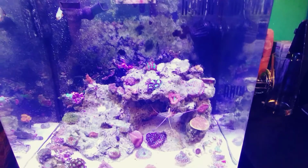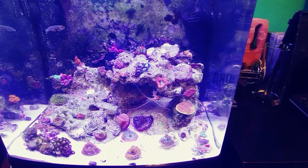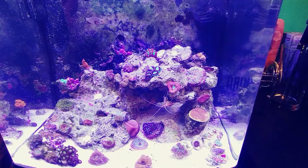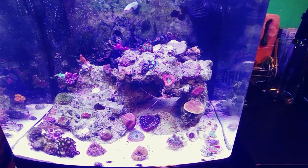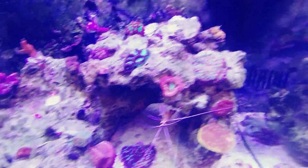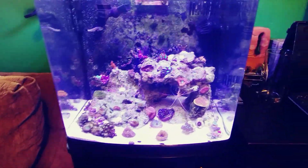So, you know, everything's still alive. Casper, the whitefish. I did have to move out a frag of Looney Tunes stylo that really didn't like it, so that went to the big tank. I had a frag of yellow rimmed red Favia, which was beautiful, and it didn't like it, and I think it may have actually got stung by the red rim Favia I have in there that I took out also. So you know, coral warfare, phosphates,